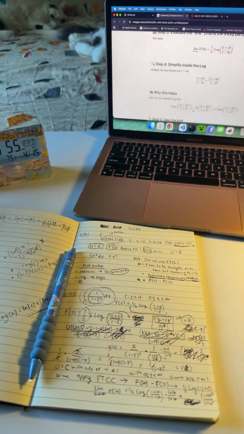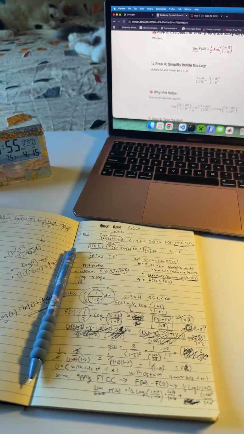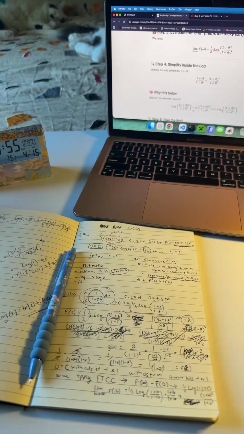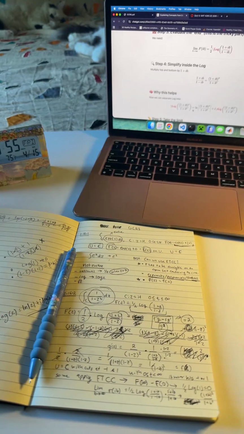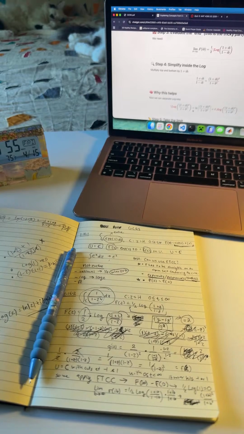It's like one thing after the other. It's like too much to handle sometimes. So I'm gonna forget a lot of stuff, but the more we practice it, the more